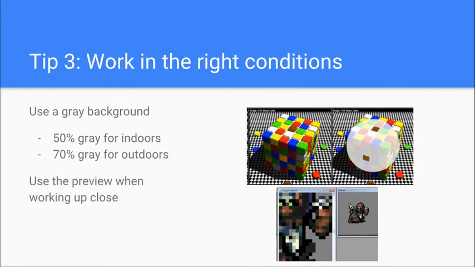So, tip number 3 when you are working in pixel art is work in the right conditions. What I mean by that is get a good background and use the preview. So when you're working with a background, do not use white. Do not use purple. Do not use colors. Do not use anything with high saturation. And do not use white, because they won't look the same